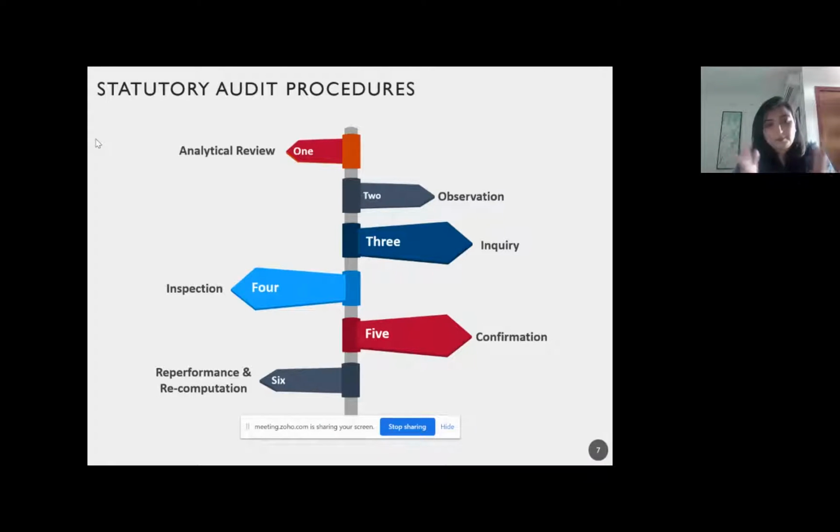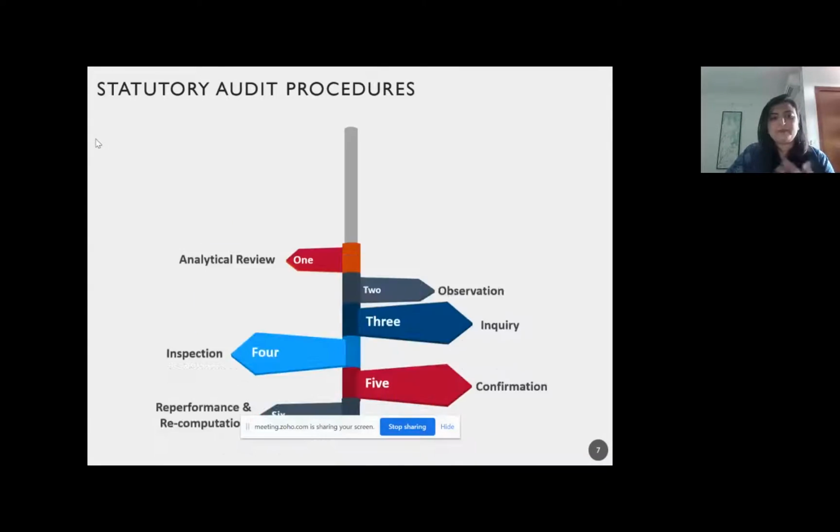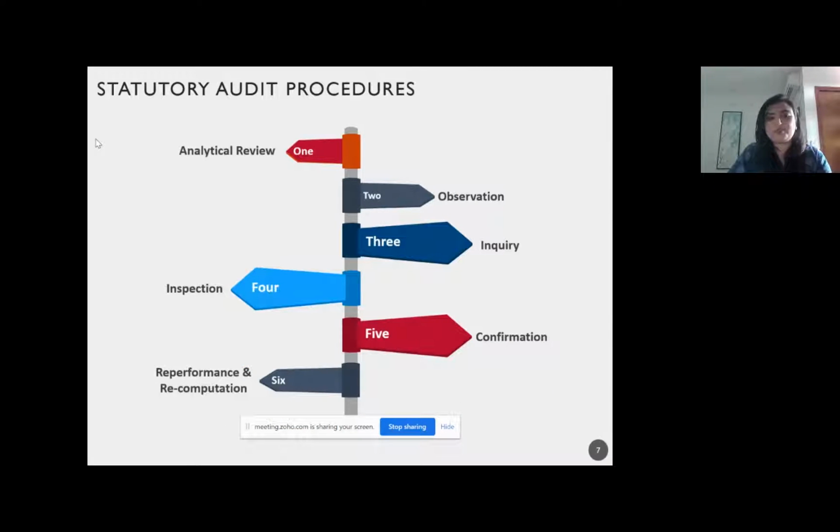What's the other? My working papers should also contain evidence of all these procedures that I performed. Oh, I observed the physical verification. It's there in my note. Enquiry. I inquired with the supplier. I got balance confirmations from banks. I got balance confirmations from debtors, creditors, etc. I've done an analytical review procedure. Why do I put it right on top? Because you always start the audit with an analytical review procedure to figure out how much you must audit. I've done inspection. I've inspected securities, let's say, charged to the bank.